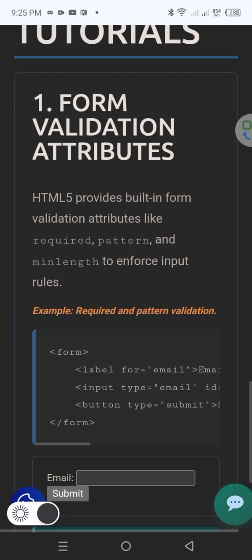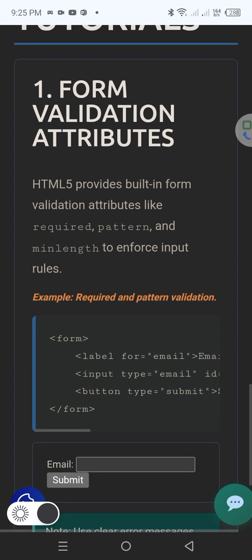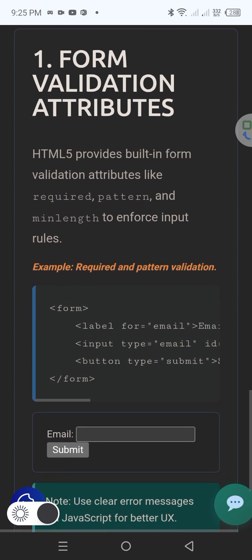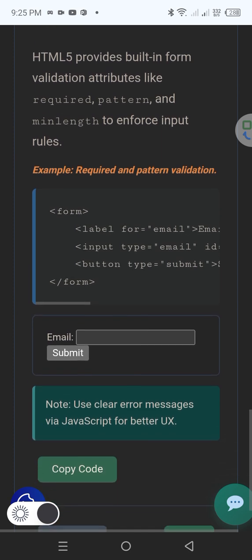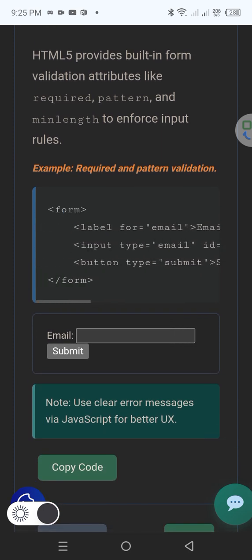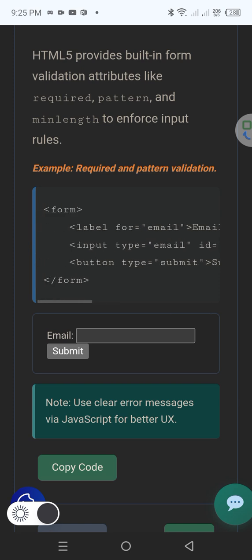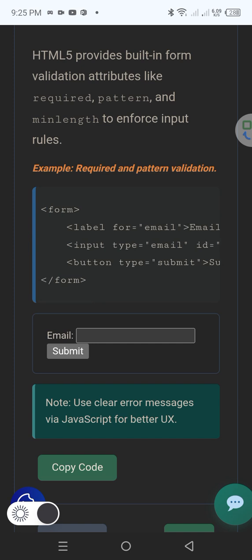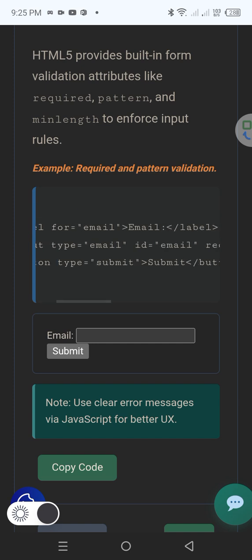At first, HTML5 provides built-in form validation attributes like required, pattern and minlength to enforce the input rules. Now form, label for email, label. Now input type email required. Okay, button type submit. Now you can see here is the form validation where email is required.